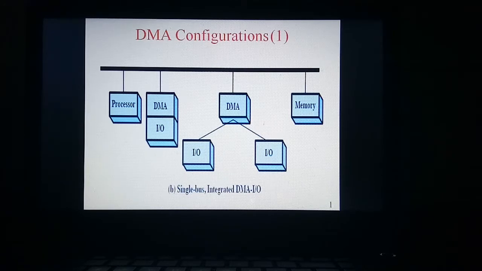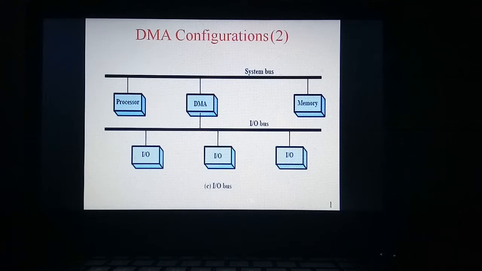So here the data from the processor, DMA and IO is shared over a single bus. The single bus is responsible for sending the data between the processor, DMA and IO. So that is about the first configuration.